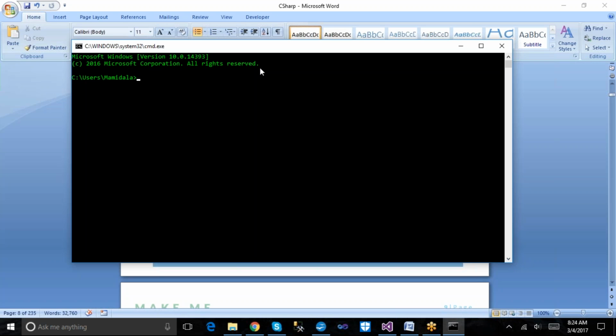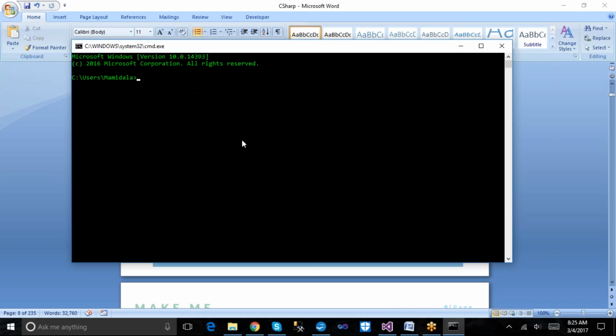It just has the black screen where it accepts the input from the end user and gives the output related to the command. This kind of application we can develop with the help of .NET.